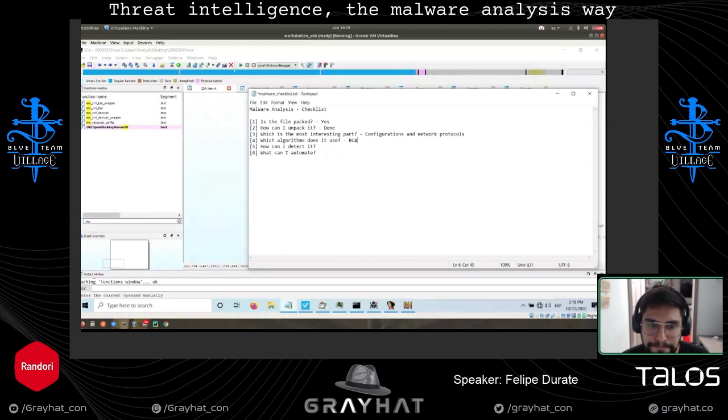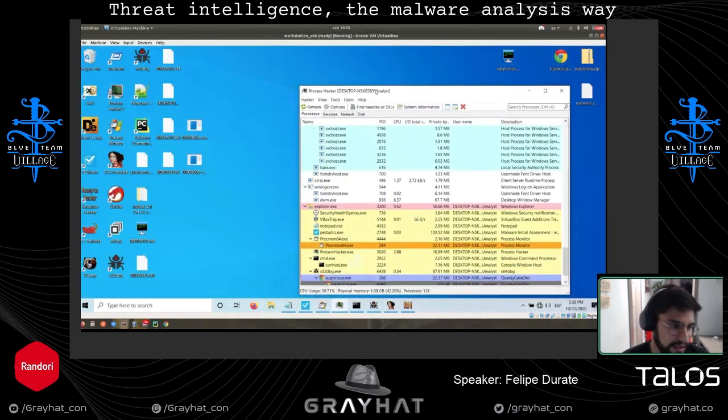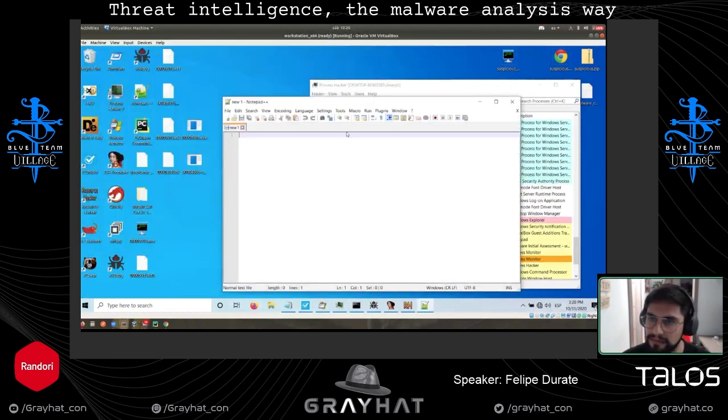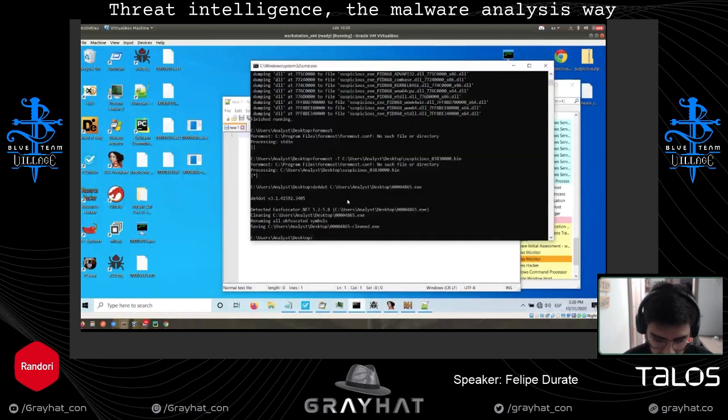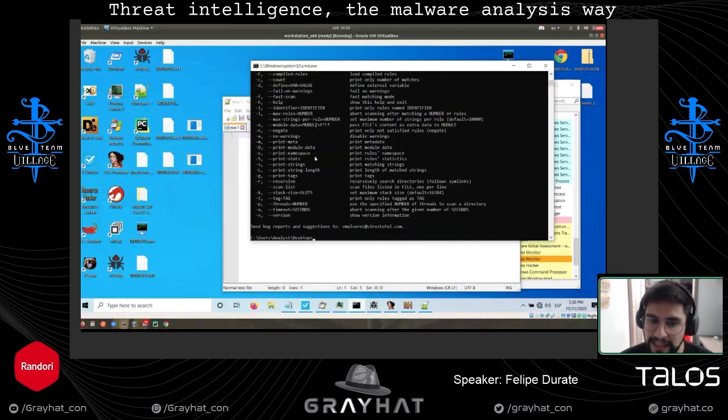So about the part of detection: how can I detect malware? There is something very, very interesting, which is called Yara. Yara is also installed here. Yara has some nice options. Inside the machine, you can look for samples that contain a specific pattern.